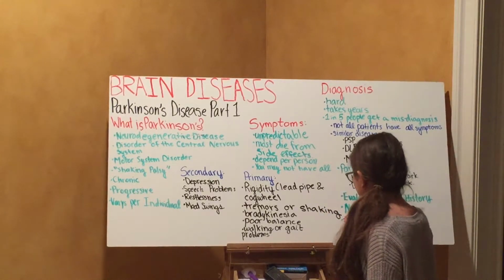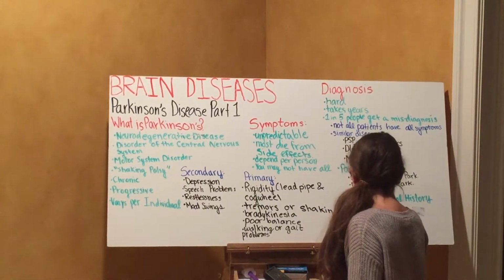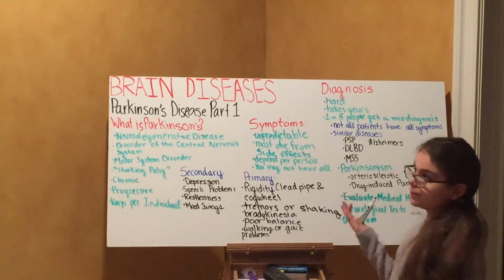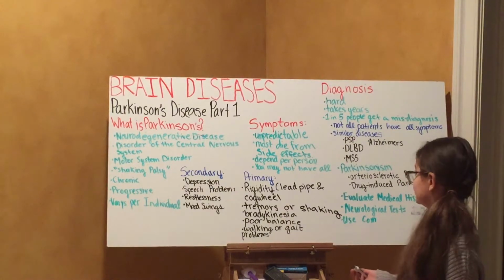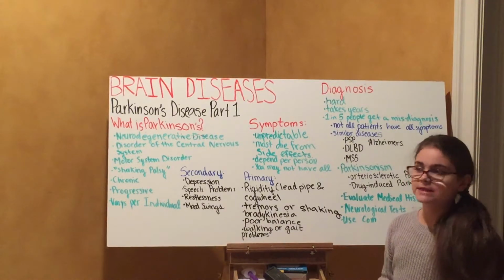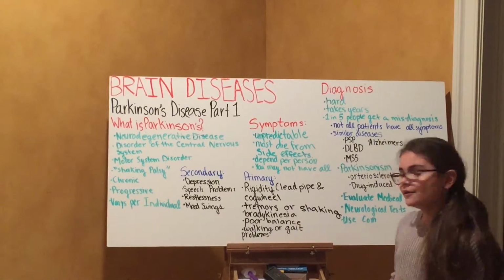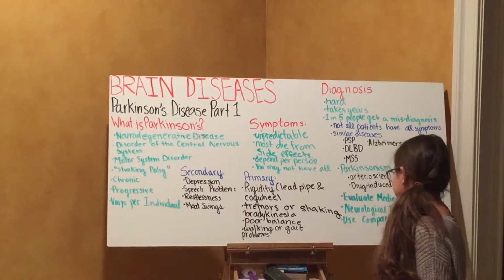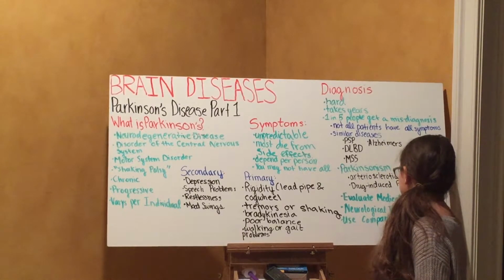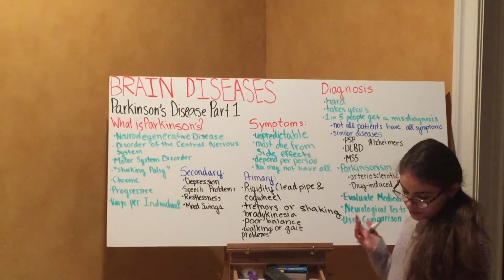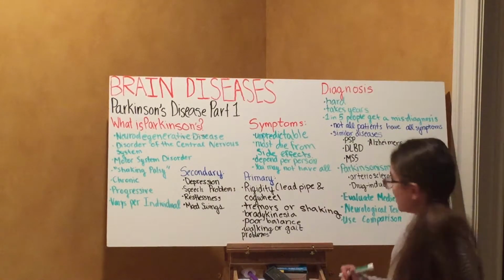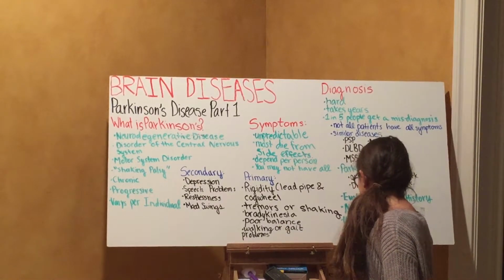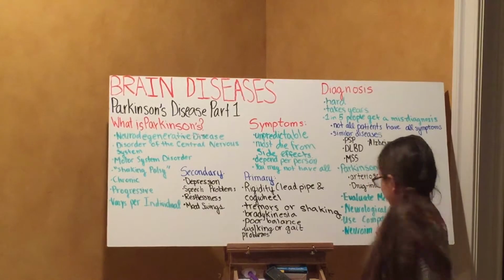And they also use comparison, because since there's so many similar diseases to Parkinson's, they can often get confused, which is very bad if they get confused, because if you give somebody the wrong treatment, things will get drastically worse. And they use comparison to compare the different diseases as well to figure out which one you most likely have. And they also use neuroimaging, which is fairly new.